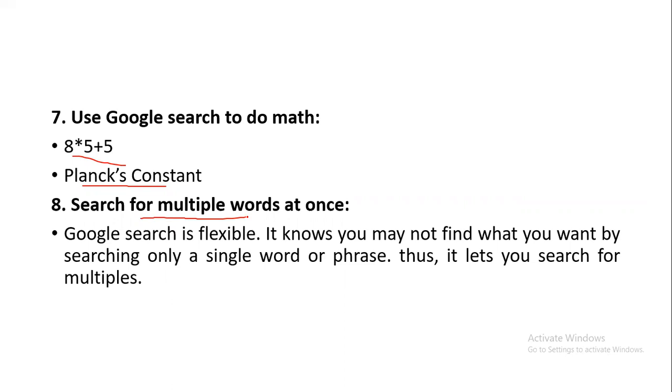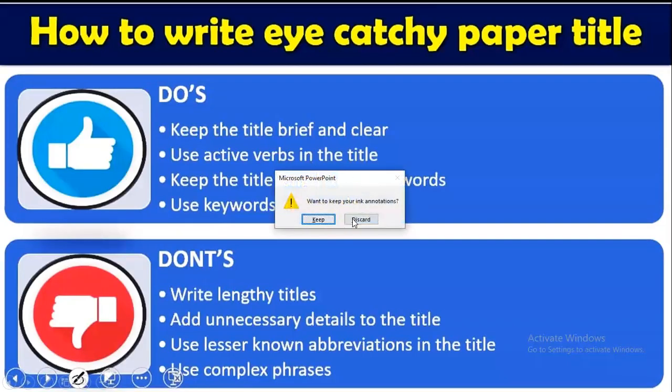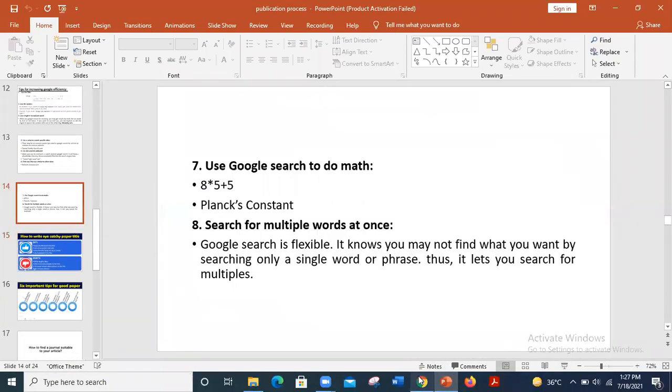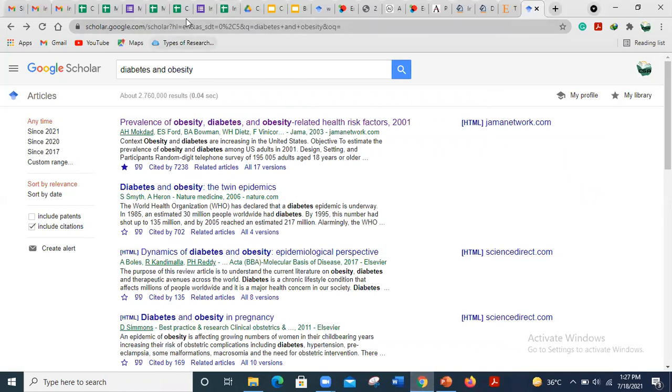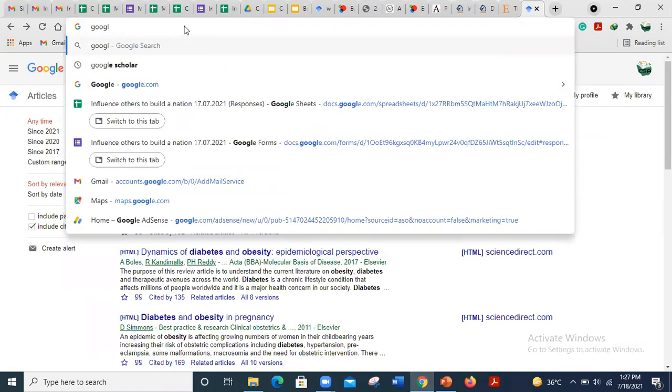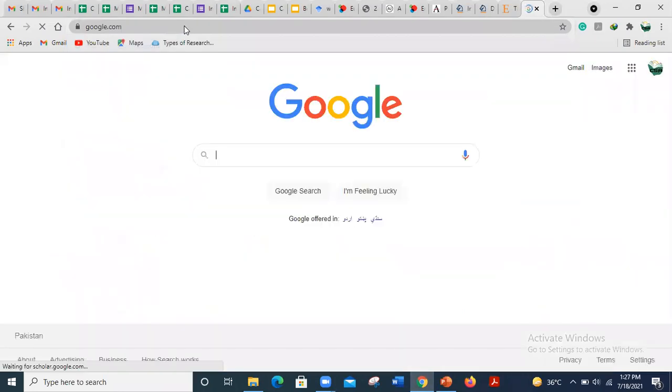Suppose I was searching for diabetes, but I wanted to search about diabetes and all the relevant content to diabetes. So Google will show me all the things about diabetes. Let's do it on google.com.